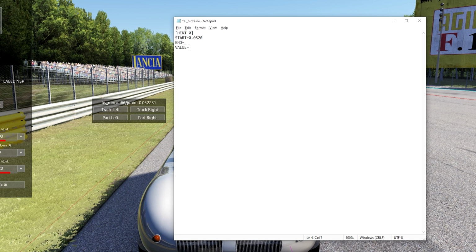So the value is how different should they enter the corner. You almost think of it like a strength percentage. 1.00 would be drive the corner as you do now. If you go over this, like 1.5, which would be pretty extreme, that means drive that corner 1.5 times faster, so 50% faster than you were driving it before. If you change this to 0.5, that would be drive it half as fast as you were driving it before. So this is how you can adjust how fast they should drive through the corner. As a starting point, I'd say we can try something like 1.3